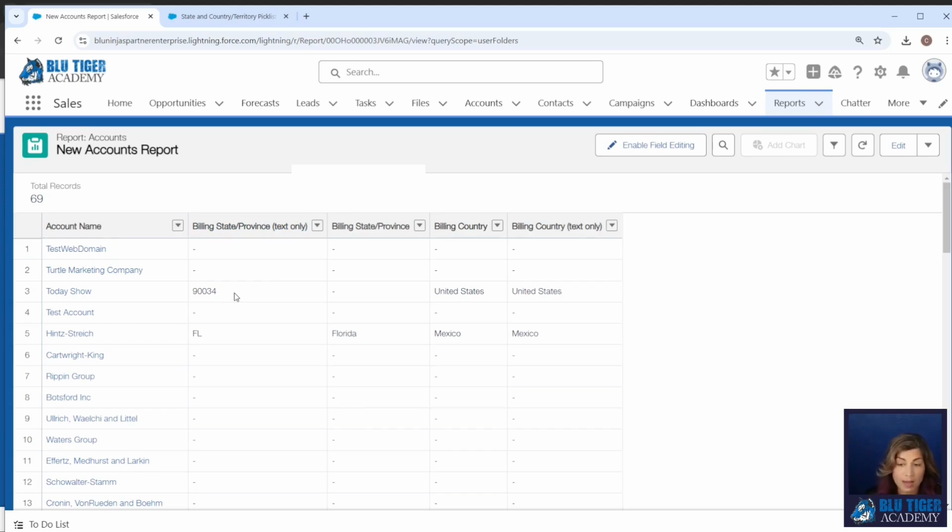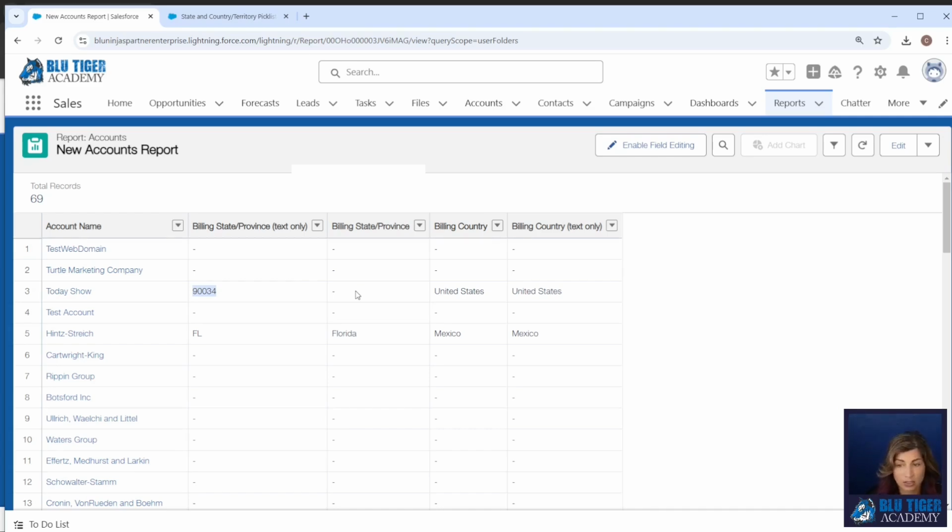Now remember, we mapped this zip code to an unknown value. So that means that it didn't get mapped to a state. Therefore, whenever the user goes to this account record, they're going to get an error unless they update the state. It's going to say that there's a mismatch between the state and the country. So what I recommend is that you don't map things to unknown values. You just clear out that data using Data Loader because you don't want to cause a whole bunch of issues for your users when they're editing records or for you when you're running mass updates.